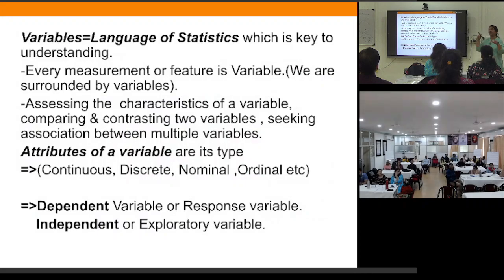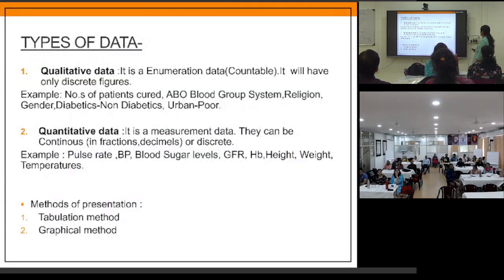Why should this be clear? When you apply the test, which part should go where is important. So which is my dependent variable? When you apply the test, it is important which is the dependent variable and which is the independent variable, what actually I am testing. Okay. So you should understand that.